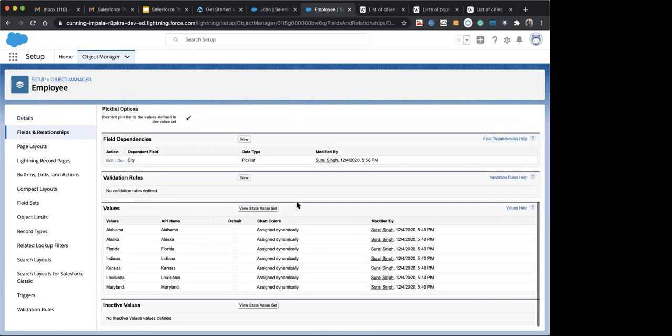Yeah, can I ask you a question? If you happen to have a large data set, in this case all states and cities in the United States, how do we apply this? Do we have to sort it out manually, or is there a way that we can upload the data that matches all the cities and states automatically?